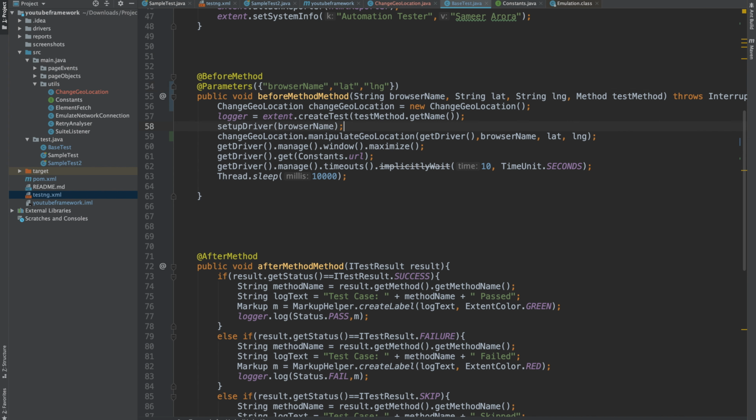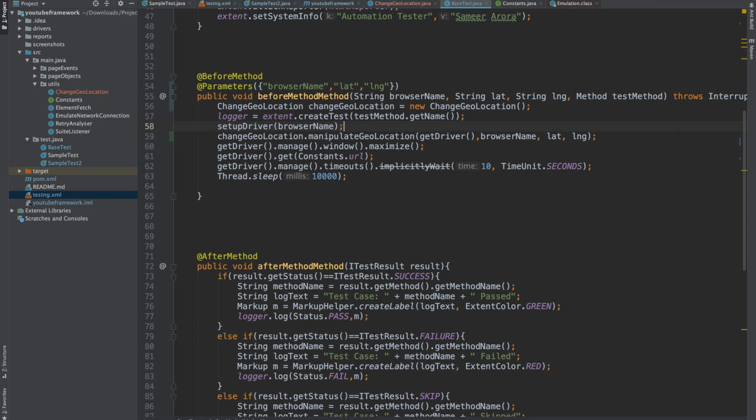So now we have parameterized this lat and long, and you can run the same set of commands for different geolocations and see whether your current application is working as expected or not. There might be multiple features that are not currently supported in one particular geolocation, but are supported in another geolocation.